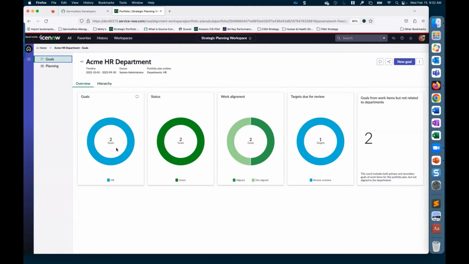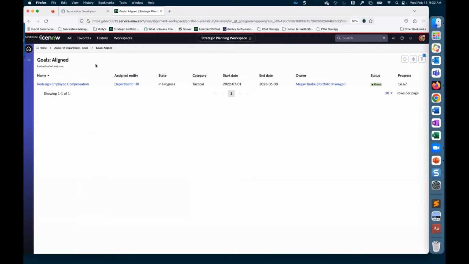The overview tab is going to show us how many goals we have and the status of those goals, if they've been aligned to work, and if there are target dues for review. If we go into any one of these charts and click on it, it's then going to pull up the data from that chart. So we went into the one that is aligned, and this one is telling me that it's aligned to